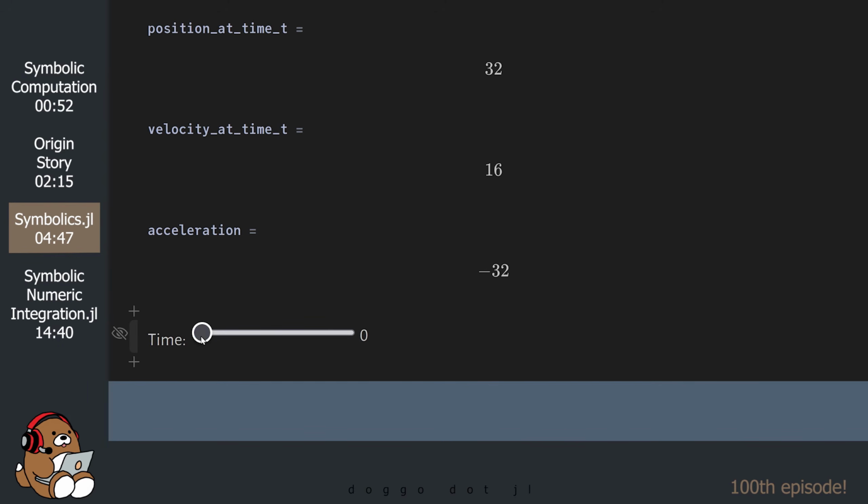So now, you can see the position, velocity, and acceleration at any time t by moving the slider. Fun, right?